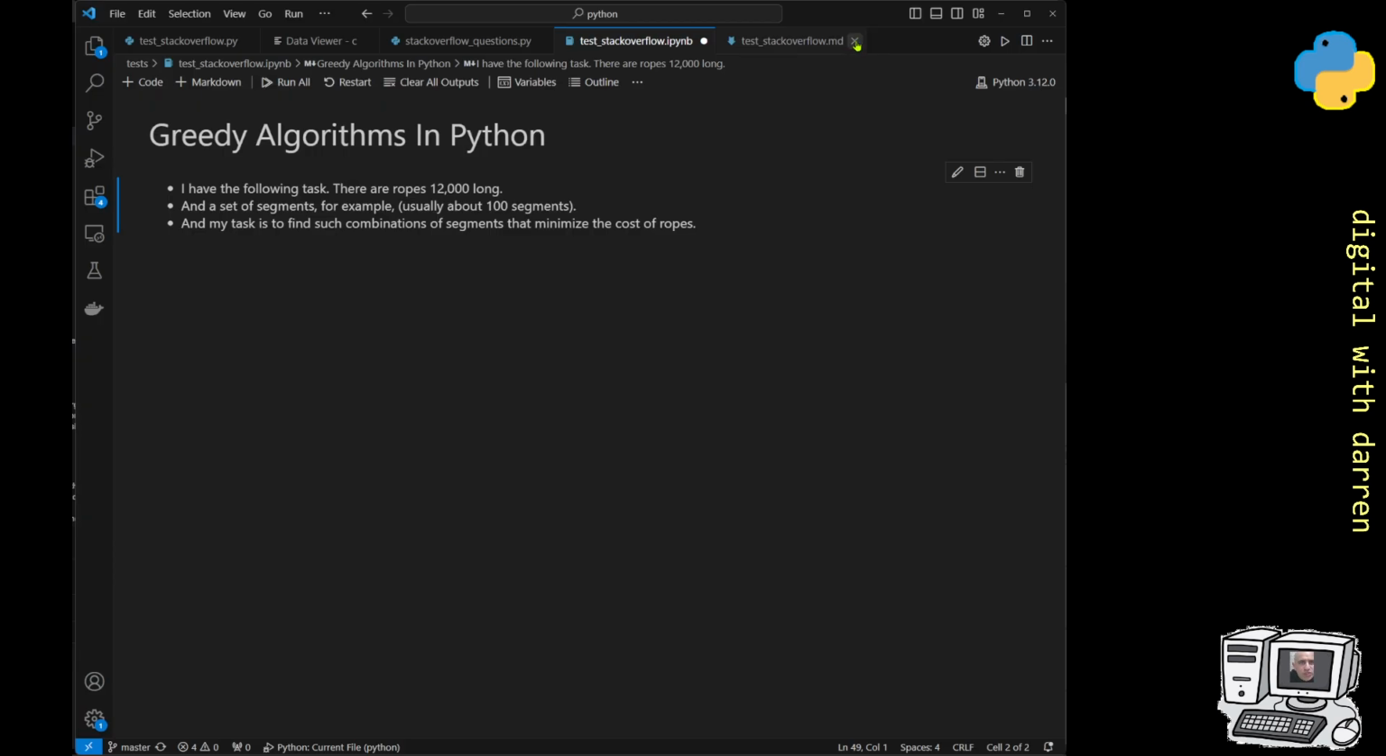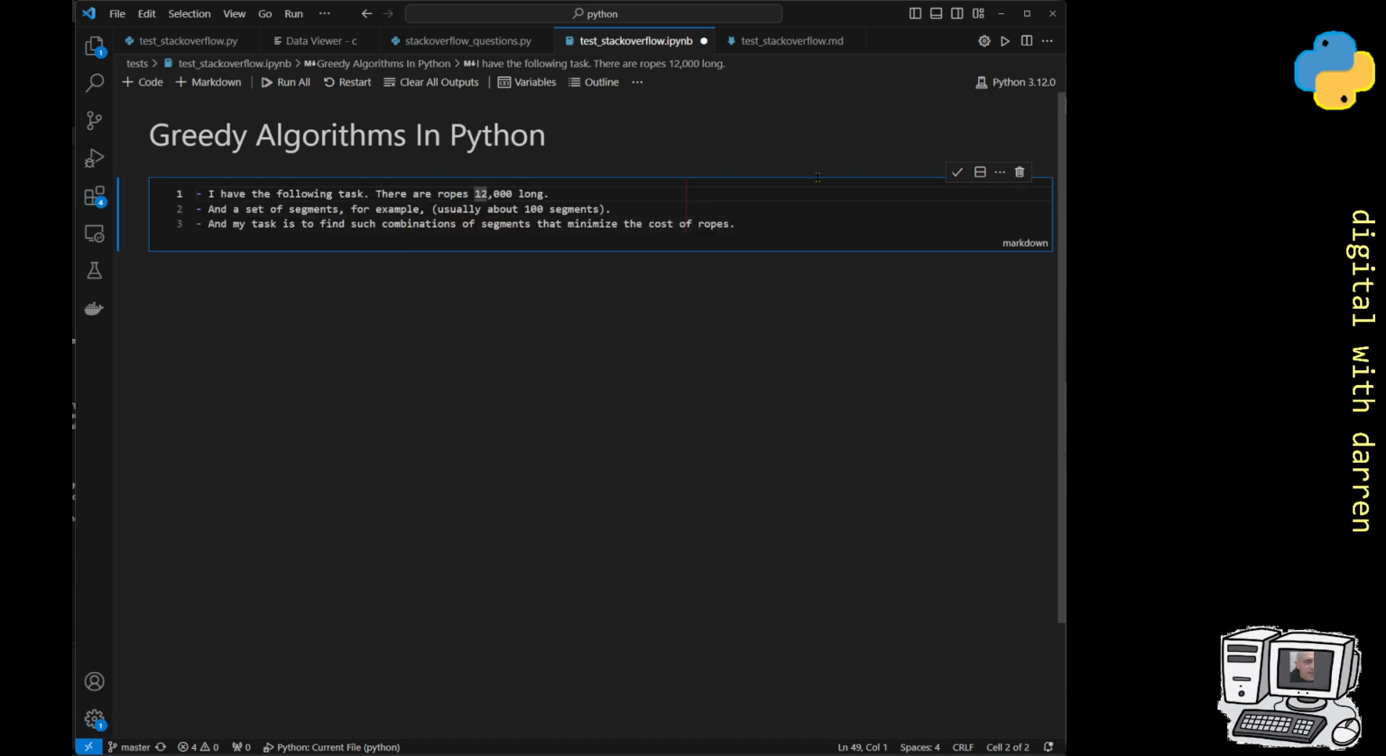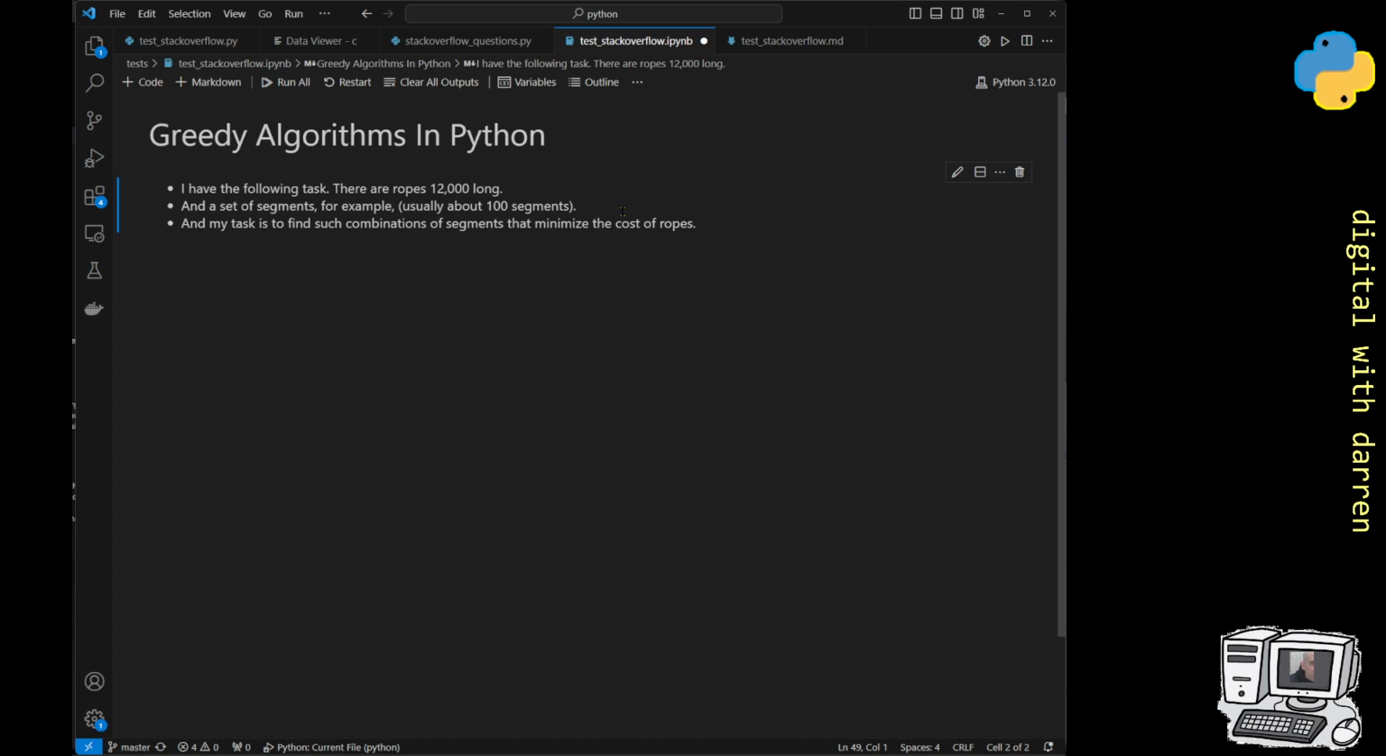So the actual question itself is, I have the following task. There are ropes, 1,200 long, and a set of segments, for example, there are usually 100 segments. The task is to find such combinations that minimize the cost of the ropes. One of the questions asked is, what do you mean by minimize the cost of the ropes? But basically, I think it's established that